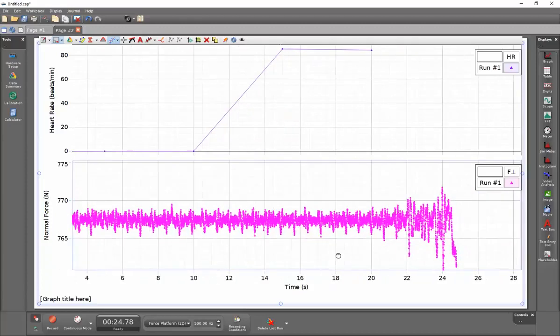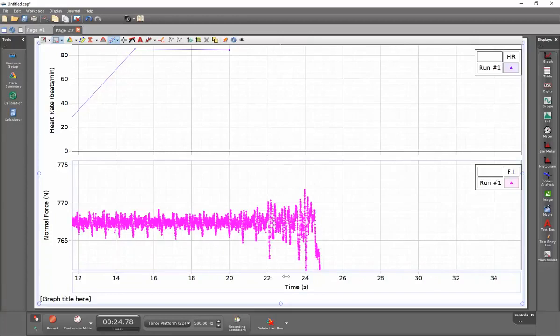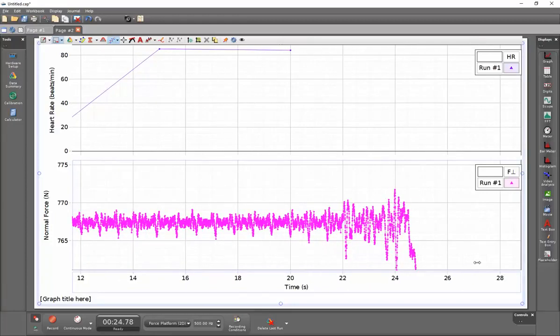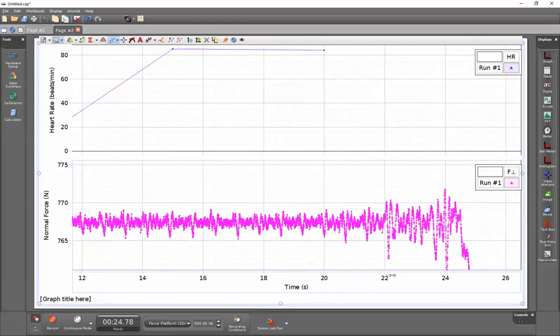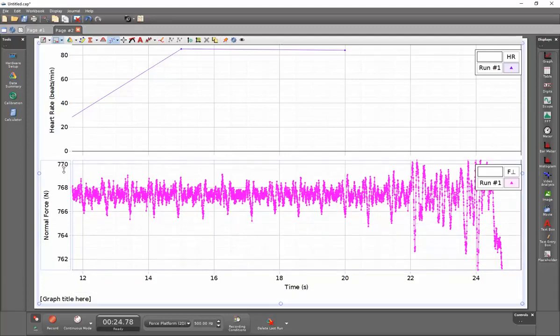So I'm going to go ahead and translate this over so that we can expand the graph in the area of this last data point. So I can expand things on the horizontal axis by clicking on the numeric values on the horizontal axis and stretching that out. The top and bottom part of this graph area are tied together so we can see the correspondence between the two. To expand the vertical axis on the bottom graph, again, grab on the numeric values and